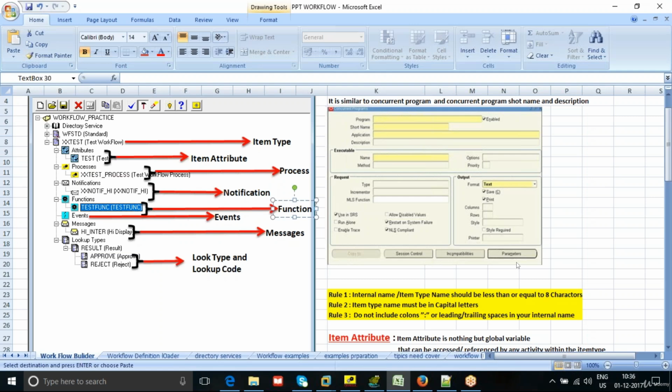Function is nothing but an activity where we can call a procedure, where we can